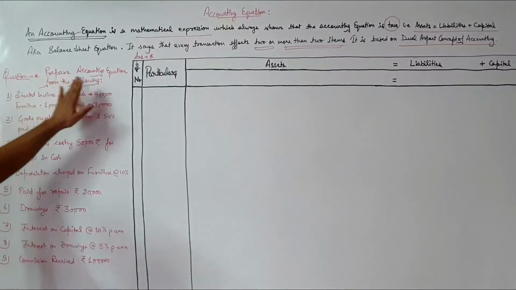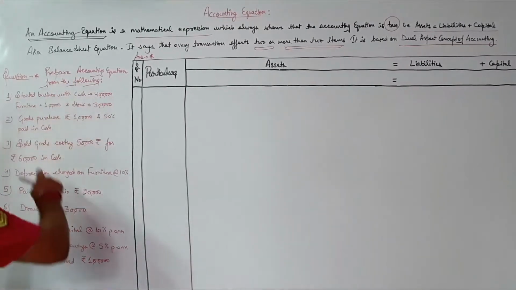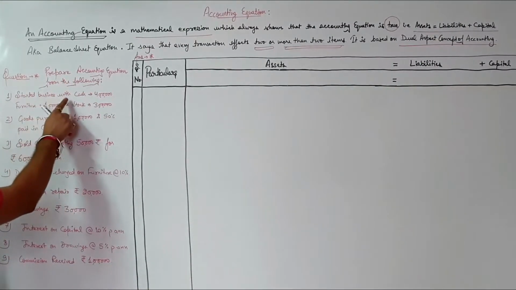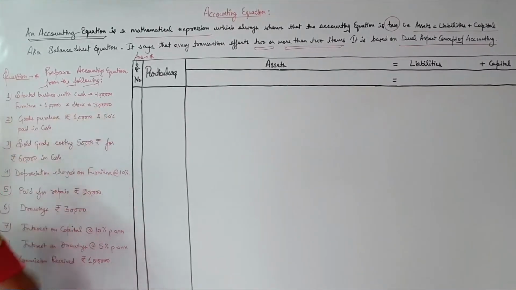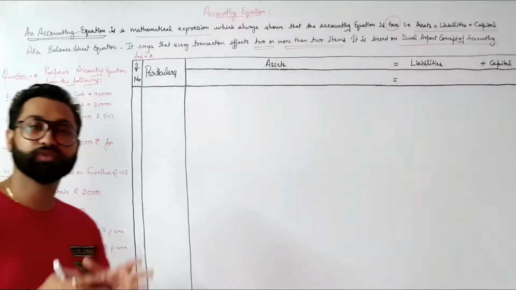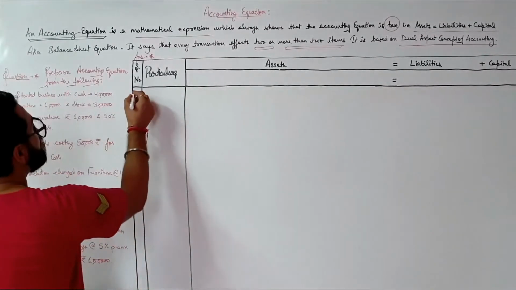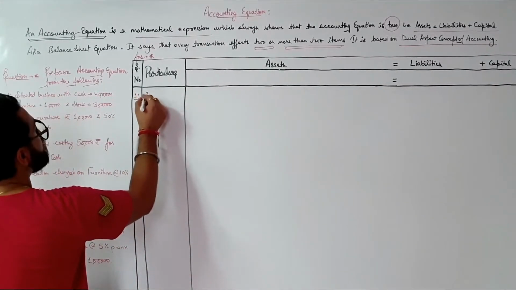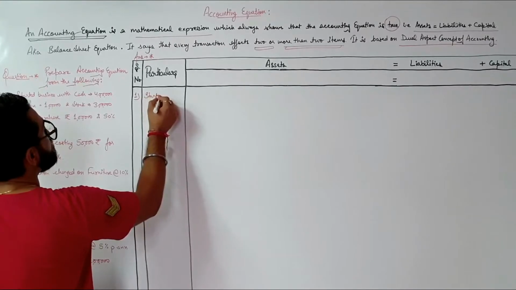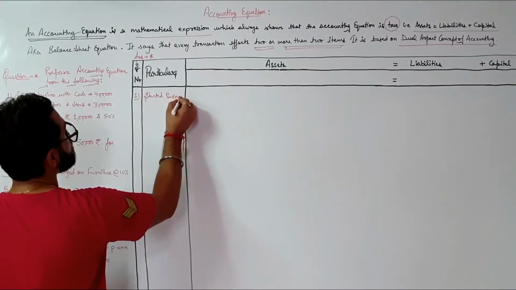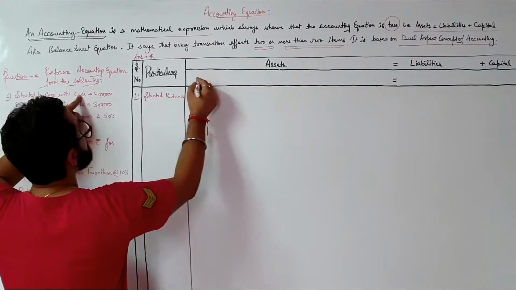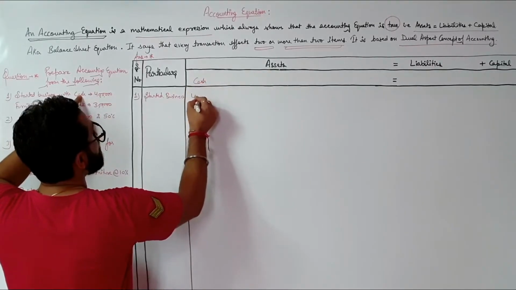Question will say, prepare accounting equation from the following. Number first, started business with cash 4 lakh, furniture 1 lakh and stock 3 lakh. Now you have started business with three things. So, serial number 1, started business. You have started business with cash 4 lakh rupees